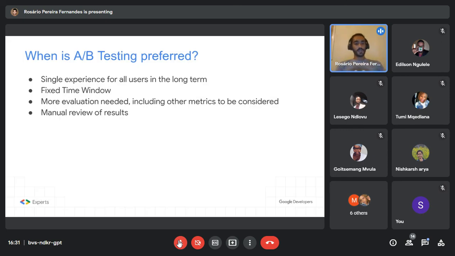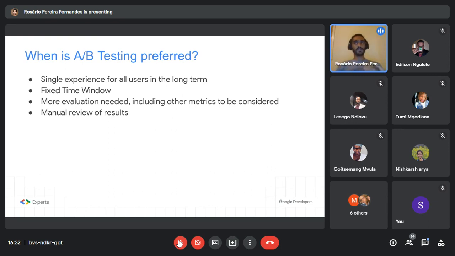So when would you use A/B testing? When would you use personalization? You should go for A/B testing when you need a single experience for all your users in the long term. Because when you use personalization, you're just going to set up those random values, and each one of your users is going to get a different experience every time they're on your app.